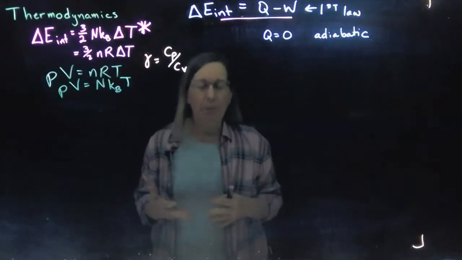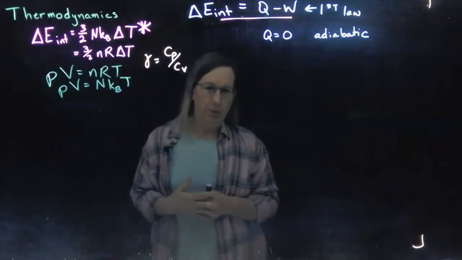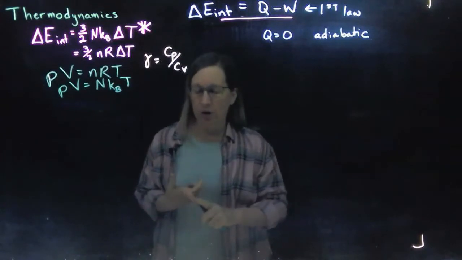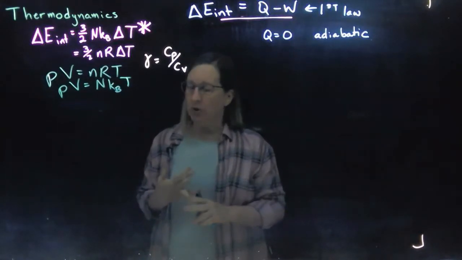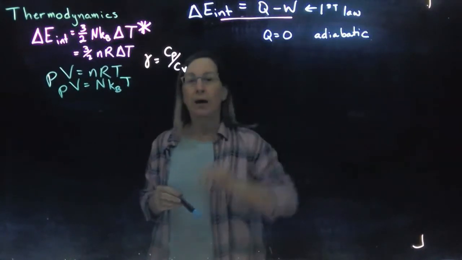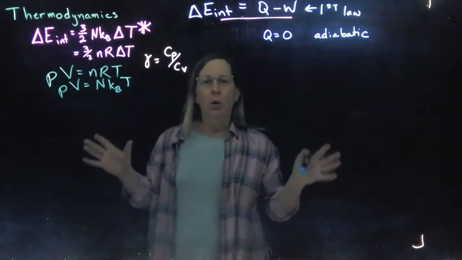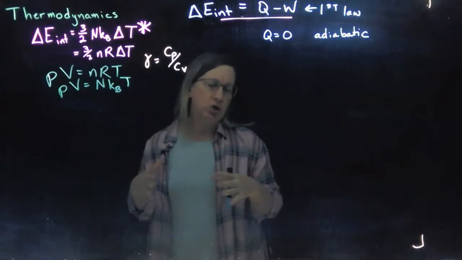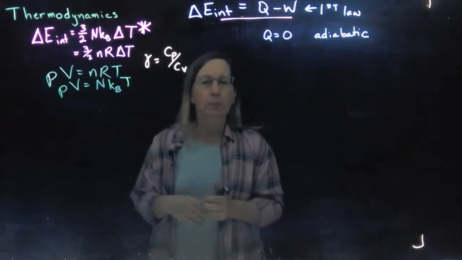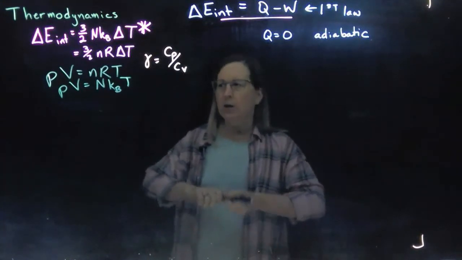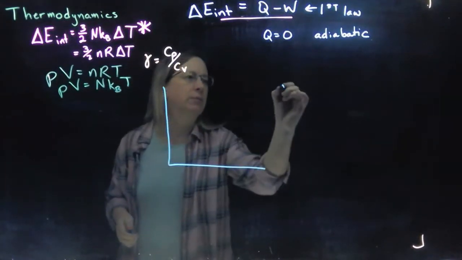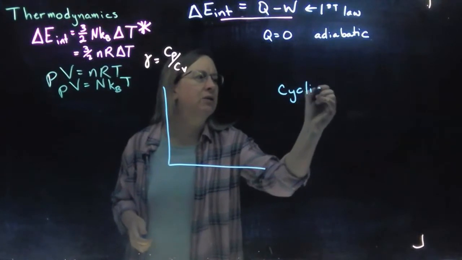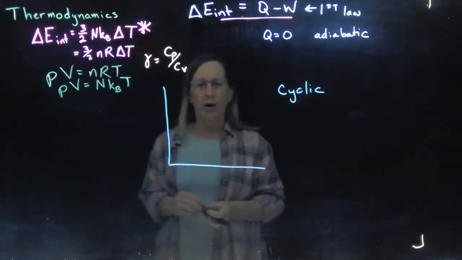Now that we know about several different types of thermodynamic process, that is an isobaric, constant pressure, isochoric, constant volume, isothermal, constant temperature, and now the adiabatic process, I want us to use those to put together some examples of cyclic processes. And the reason for looking at cyclic processes is this is sort of the fundamental way we think